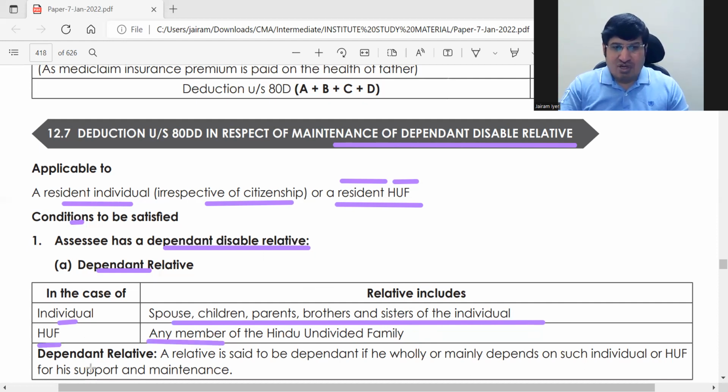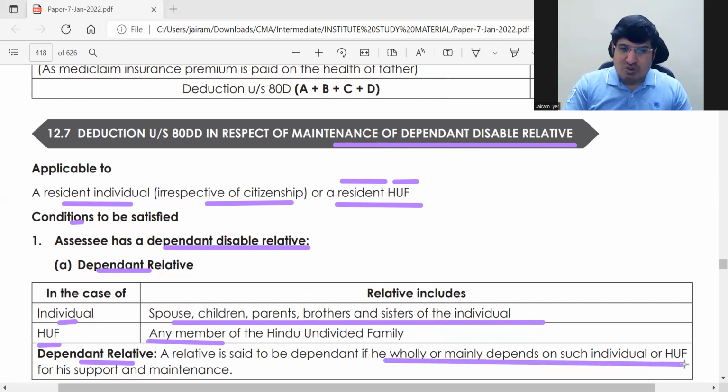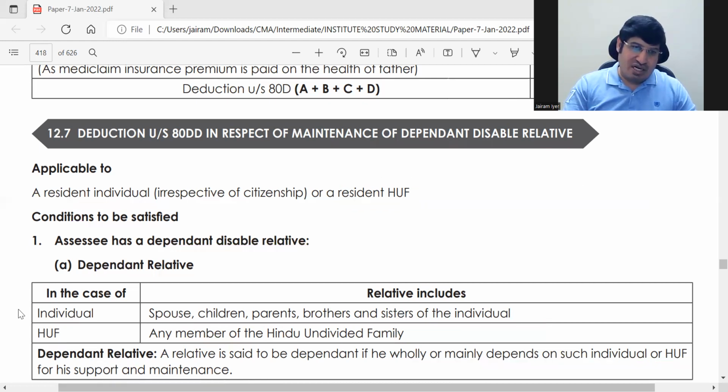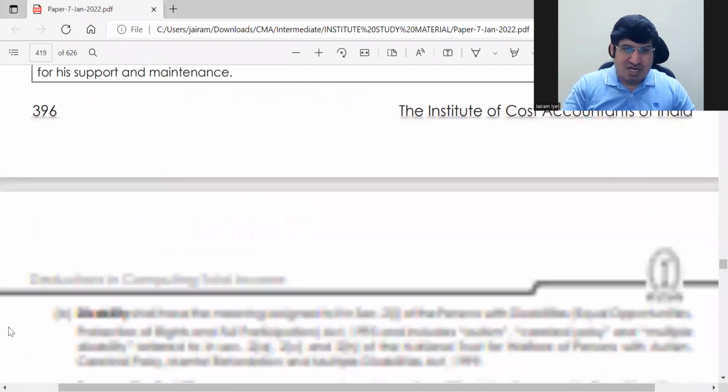right? And what is the meaning of dependent relative? When these relatives will be considered as dependent, ठीक है, if he wholly or mainly depends on the individual or HUF for his support and maintenance, ठीक है, okay. इसका ये मतलब थोड़ा बहुत he would be earning some smaller amount, that all will not be seen. If he is mainly depending on such individual for his support and maintenance, then he will be a dependent relative, ठीक है। ये हो गया आपका 80DD, and then disability,